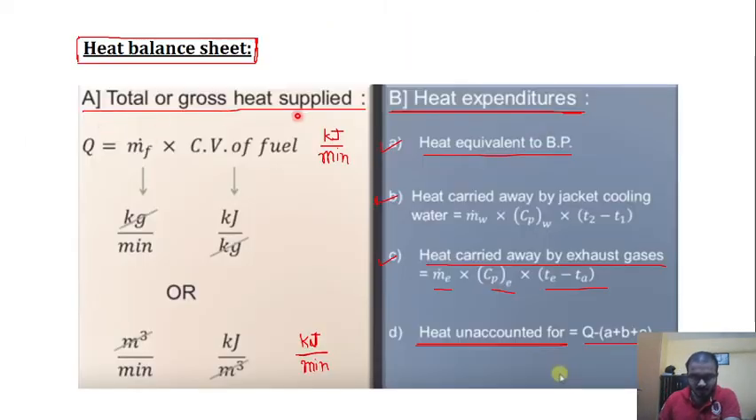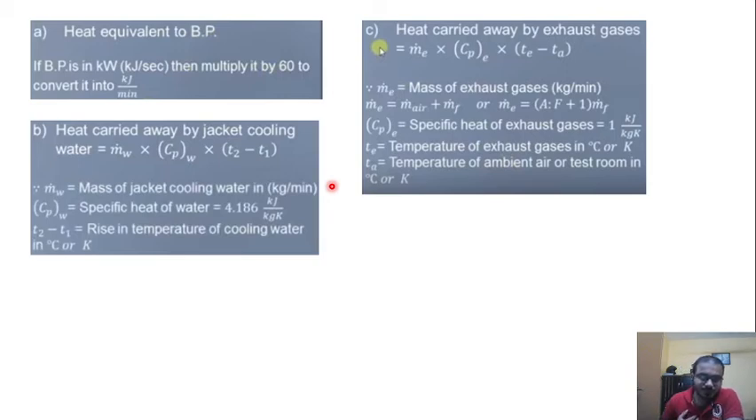Because if you recall, our heat supply was in kilojoule per minute. So because of that only we need to multiply it with 60 to get it in kilojoule per minute. Now second was heat carried away by the jacket cooling water,